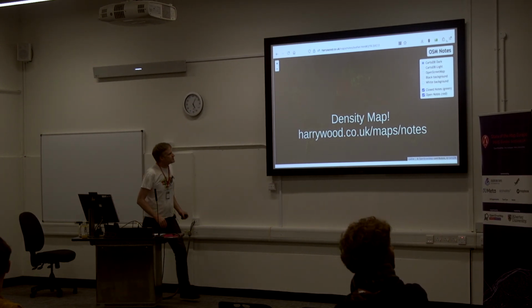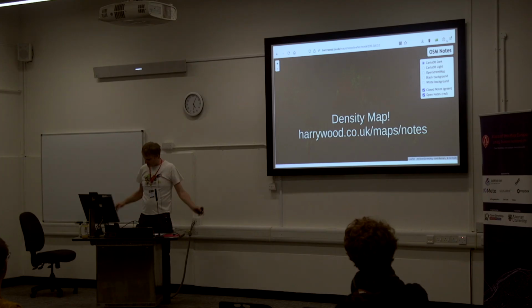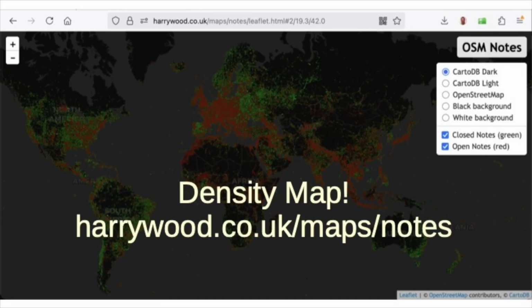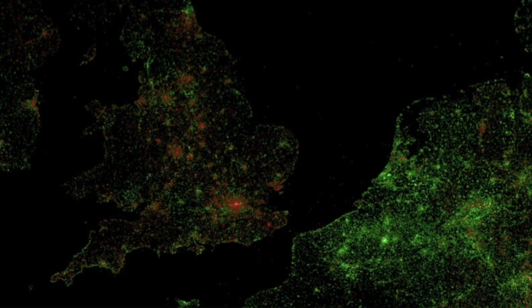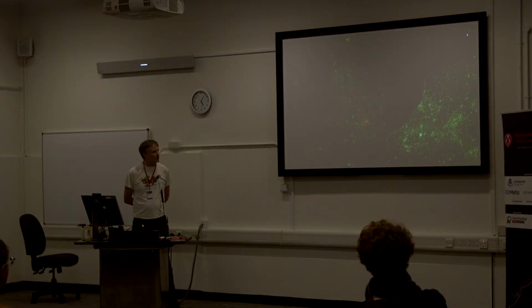So this is the thing I wanted to unveil for the conference. I'm quite proud of it because I always wanted to know how to make a density map like this, and I decided to learn how to do it for my talk. I think probably I'm talking to quite a few GIS experts here, so you could do this in your sleep in at least 3 different ways of making a density map. But yeah, I learned how to do it, and I'm quite pleased with myself